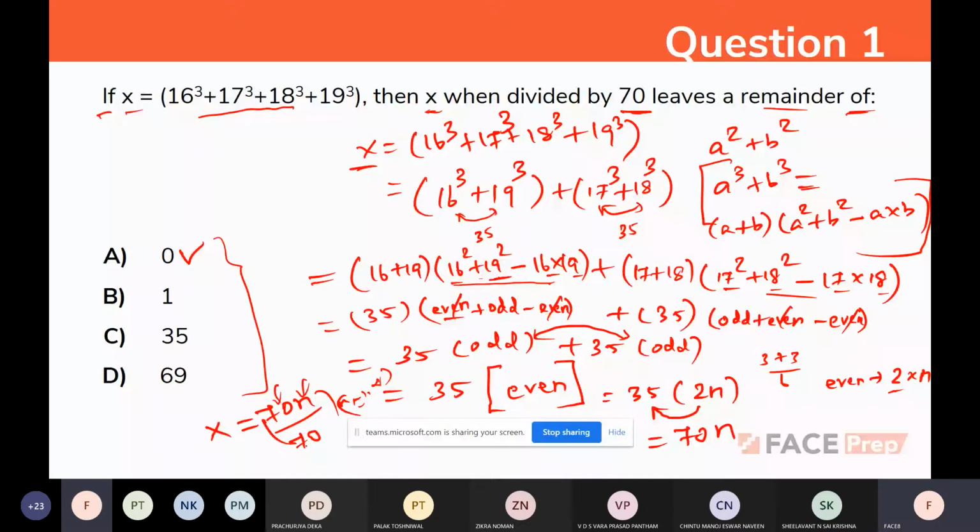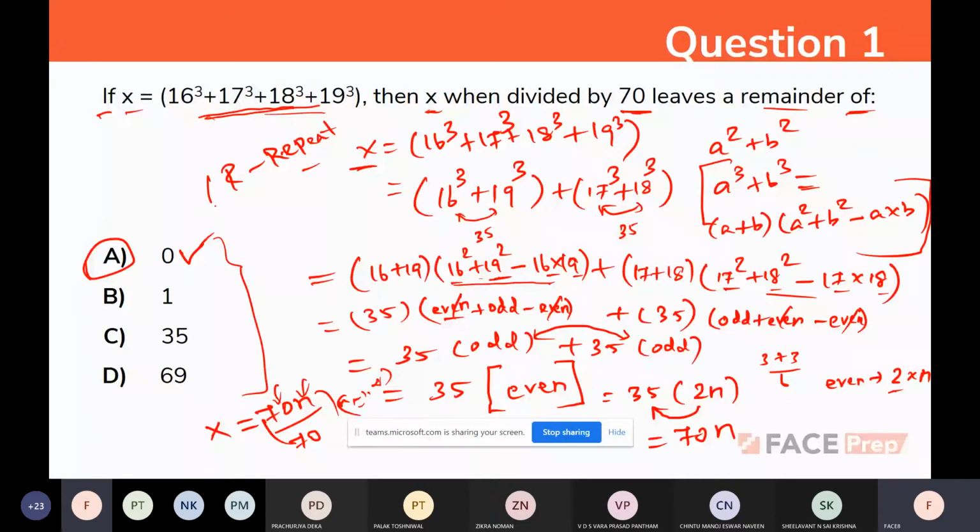So any doubt in this? Any doubt in this method? Any doubt in this problem? Nice. Pranav, nice. 0 is the answer. You can use the chat box also. If no doubts, type n in the chat box. If you have any doubt, you can type or repeat it. Everyone clear? Thank you.